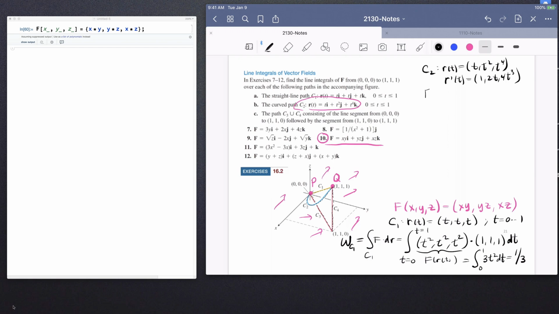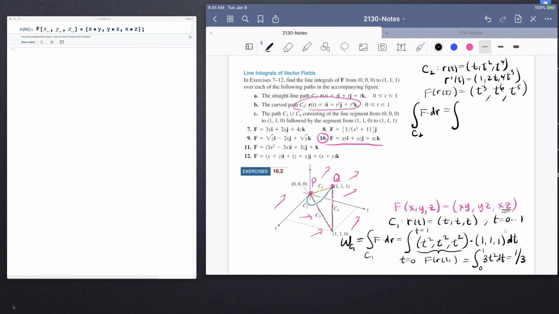Okay, we know the vector field along the curve: x is equal to t, y is equal to t squared, so that would be t cubed. Y times z is t to the sixth. X times z is equal to t to the fifth. Okay. So when we do the integral along the path C2, f dotted with dr, we will get the